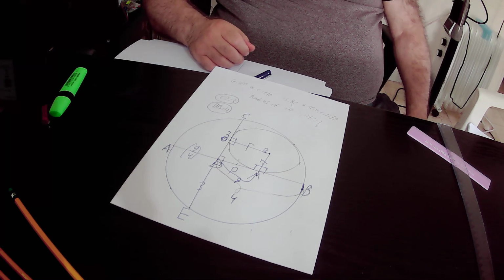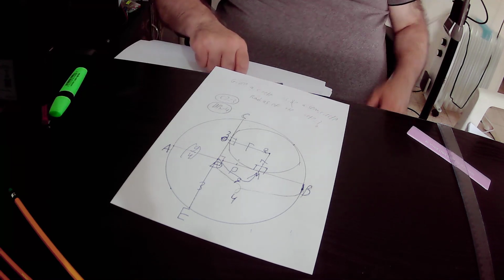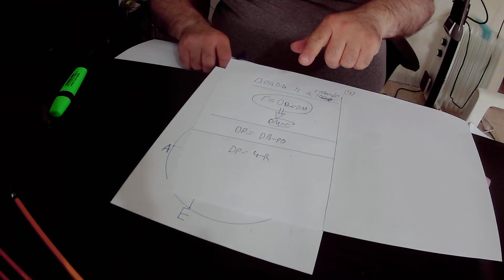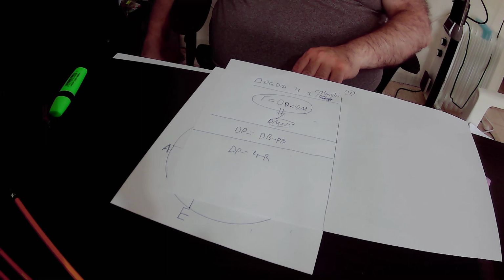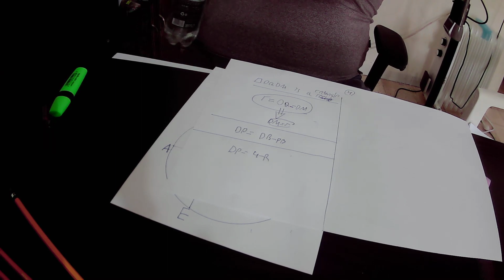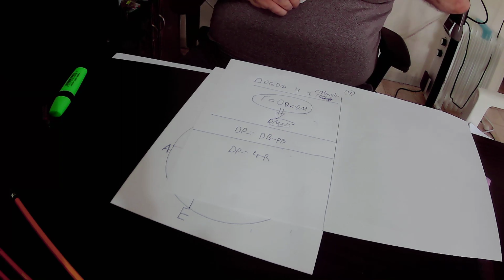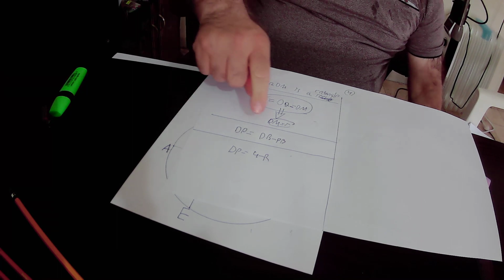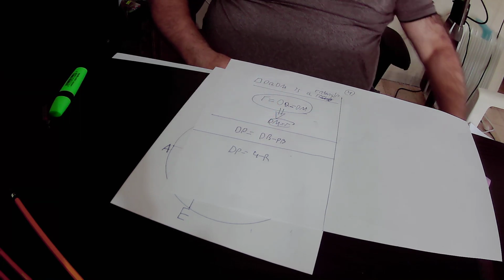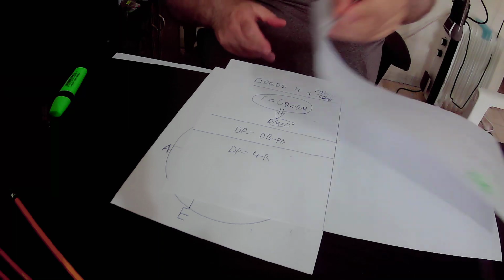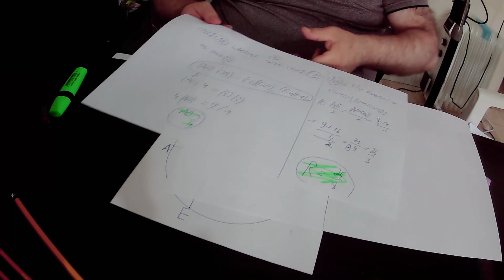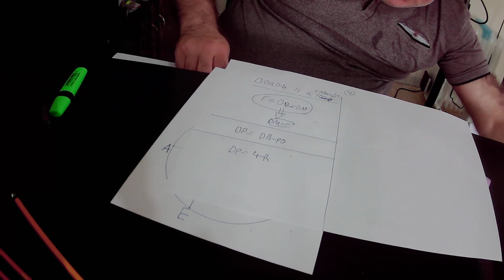That is to say, PB is the radius of the big circle that is equal to capital R. So in conclusion, we found out that DP equals 4 minus capital R, but we have already found out that capital R equals 25 over 8, so we'll substitute capital R by 25 over 8, and we get that